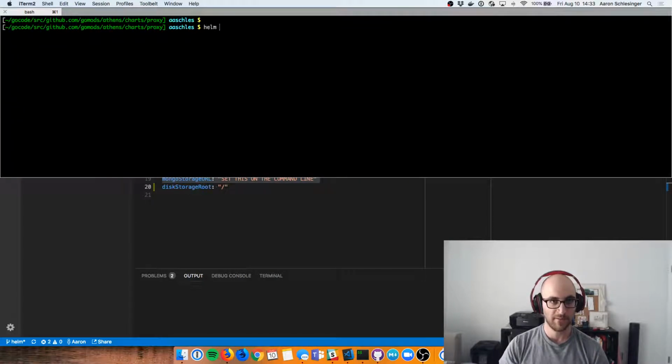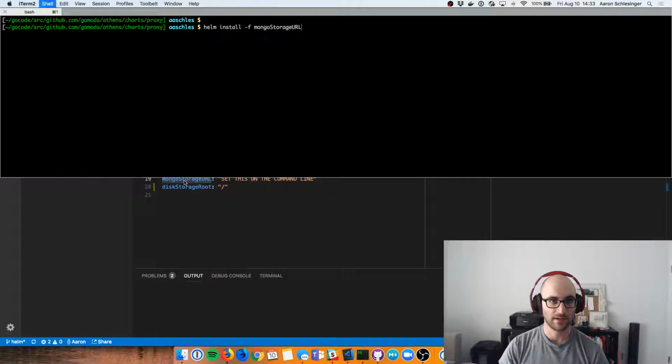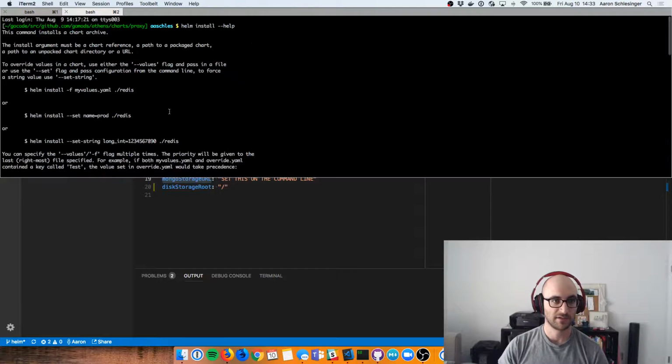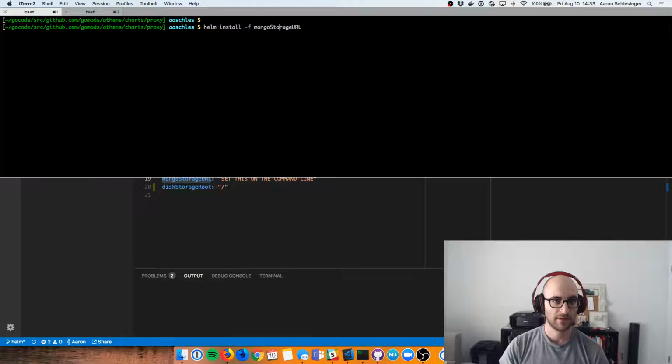So let's do helm install -f. And we will set Mongo storage URL to nothing. Let me refresh my memory in a new tab how that --set should look. It should be something equals something, and -f is wrong. Mongo storage URL equals foo, and I just want to install it from the local directory, so that's all good. But we can also do --name, and --name is the